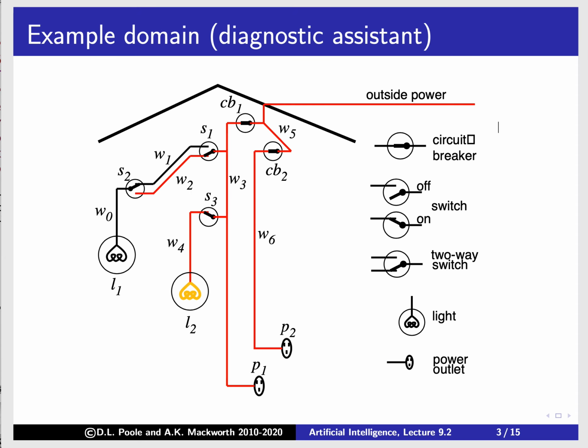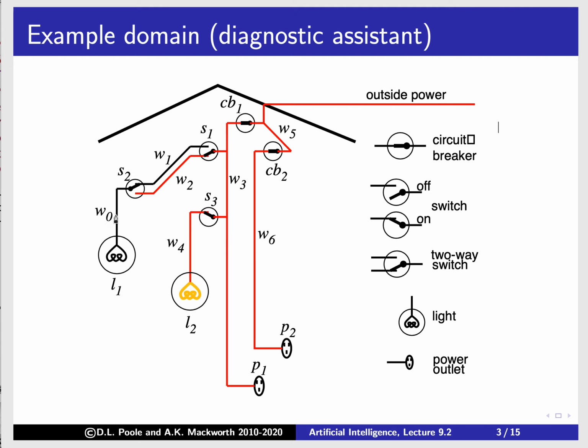Okay, here's another domain. Here's a domain where we have outside power. We have power coming into the house, and we have circuit breakers, and power goes along these wires. When we get to a switch, if switch 1 is down, then the power goes into wire W2. If the switch is up, it goes into wire W1. Switch 2 selects between whether we get power from W2 or W1. W0 is